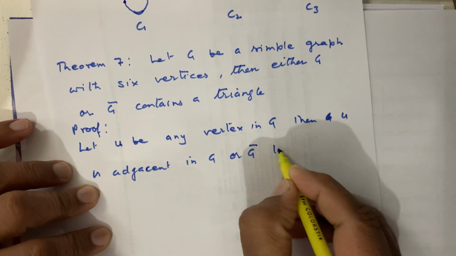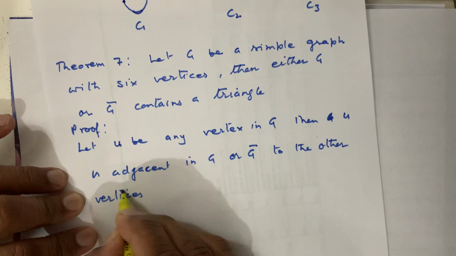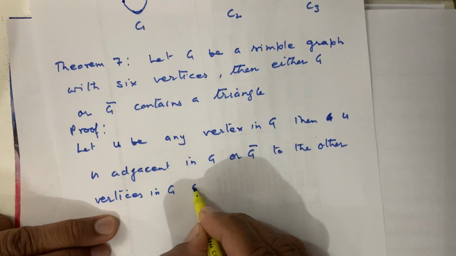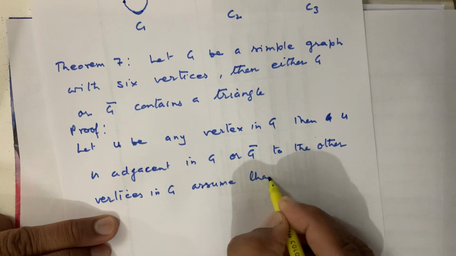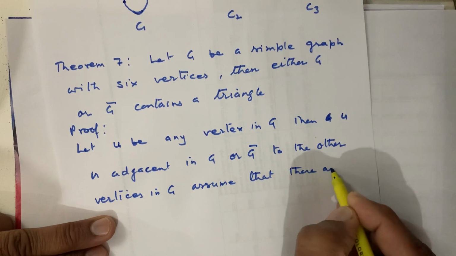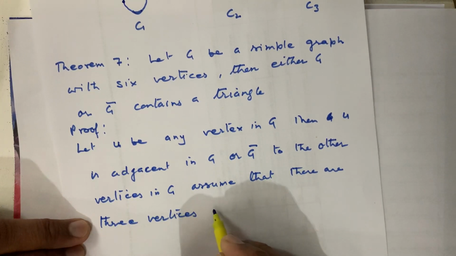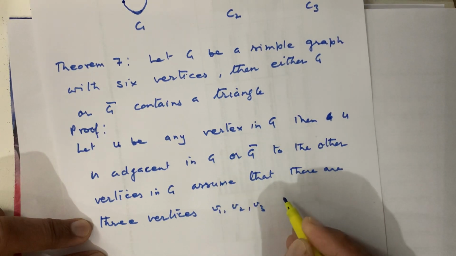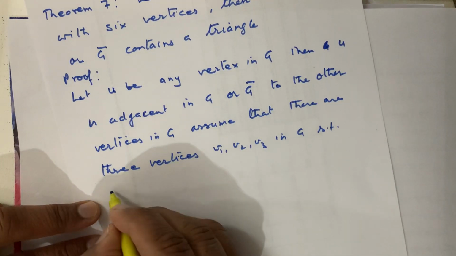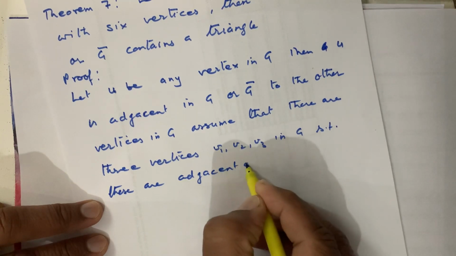G और G बार to the other vertices in G, assume that there are three vertices V1, V2, V3 in G such that these are adjacent to U।